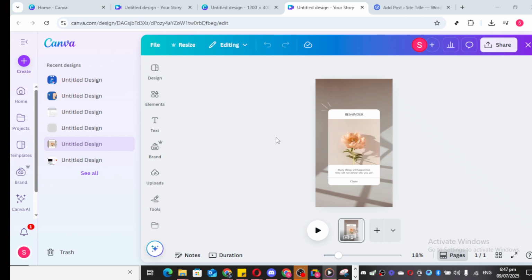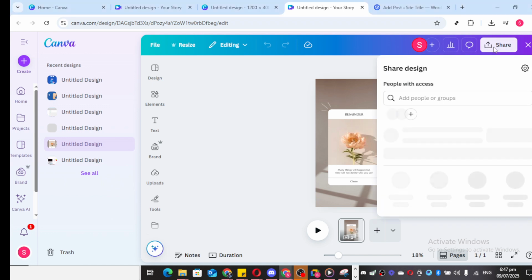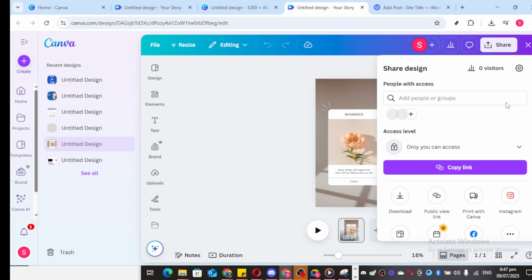First of all, open up Canva on your preferred device and navigate to the design you wish to share on your WordPress site. Once you have your project open, make your way to the top right corner of the screen where you'll find the Share button. Clicking on this will open up a variety of sharing options, giving you the flexibility to decide how you'd like